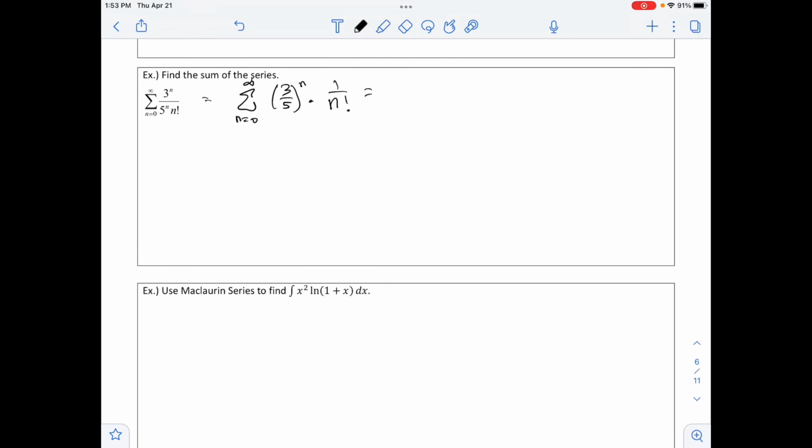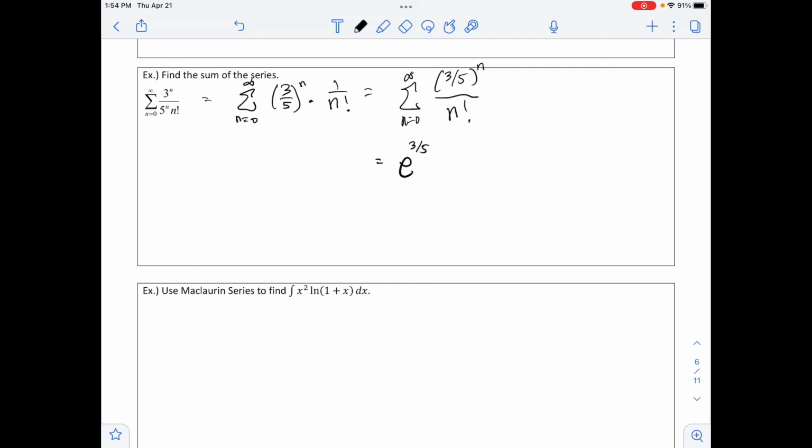And then this is going to be the same as the sum from n equals 0 to infinity of 3 over 5 to the nth power, all over n factorial. And what we notice with this, if you go back and look at the Maclaurin series that we have, e to the x is very similarly written, except it's x to the n over n factorial in the sum from n equals 0 to infinity. So for this, we would have e to the x, but our x in this problem is